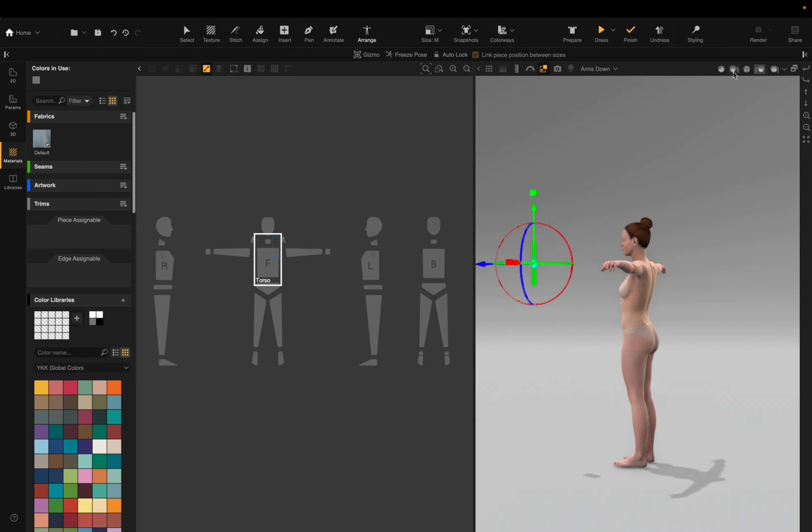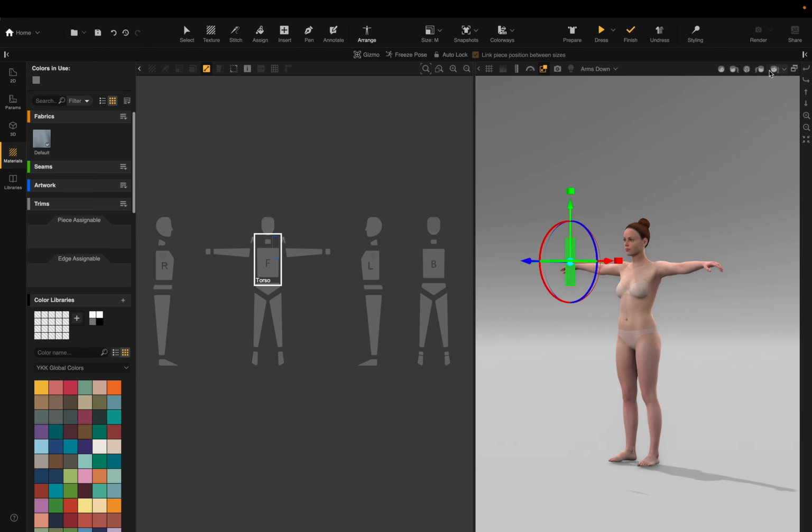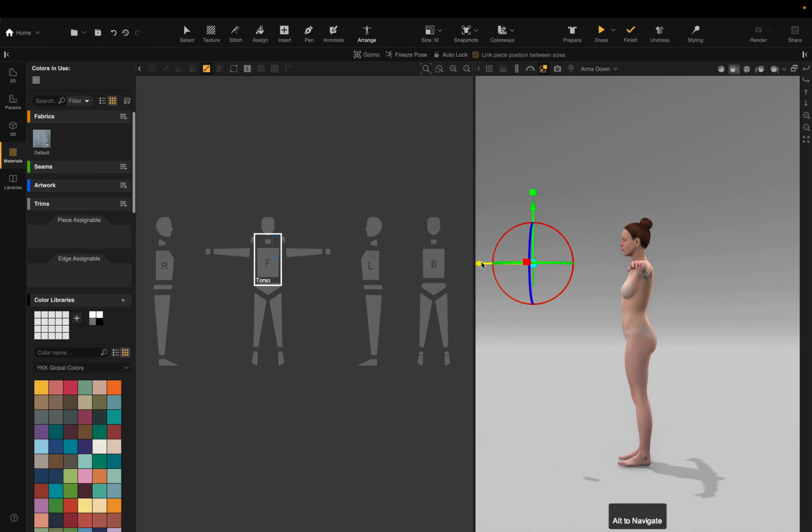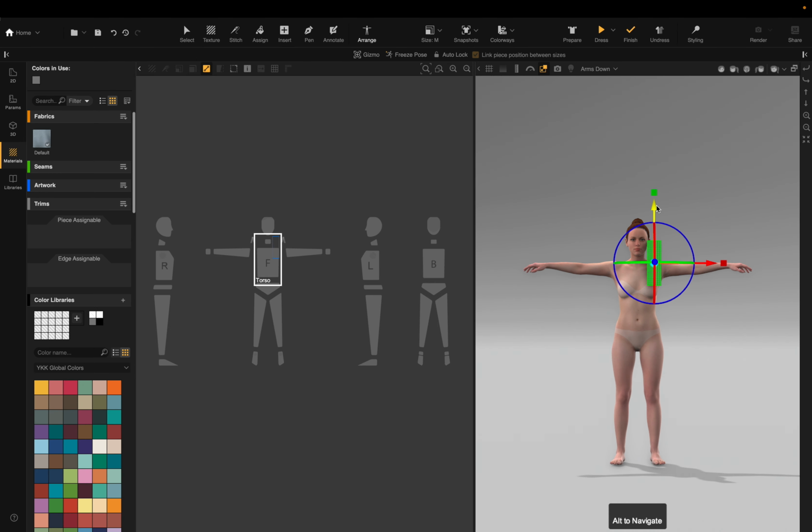I usually prefer this one, and with this, when I bring it closer, as we discussed, it shouldn't be too close like this, it shouldn't be too far away. So something like this is gonna do. So I go back to my front view, bring it down, and since this is gonna be a half pattern,